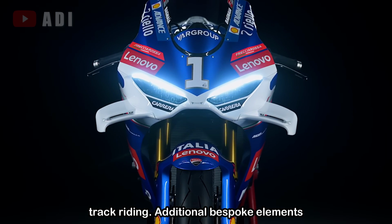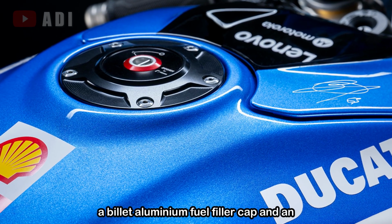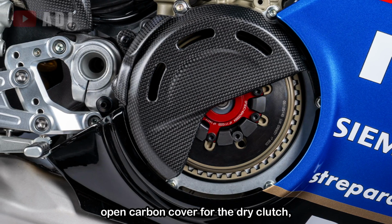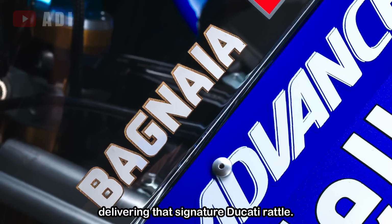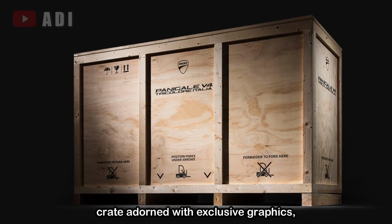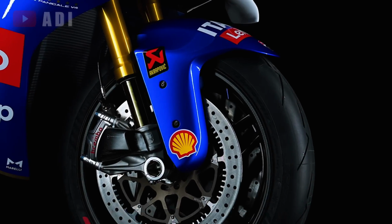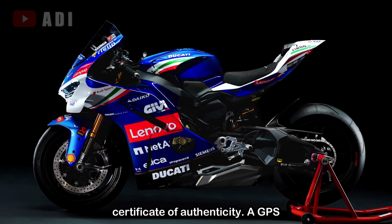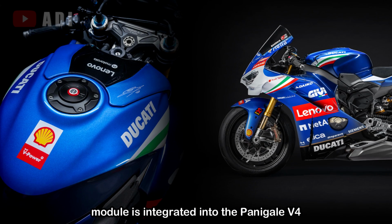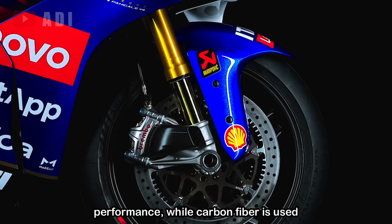Additional bespoke elements include a Dainese one-piece leather suit, a billet aluminium fuel filler cap, and an open carbon cover for the dry clutch, delivering that signature Ducati rattle. Each bike is delivered in a custom wooden crate adorned with exclusive graphics, along with a motorcycle cover and a certificate of authenticity. A GPS module is integrated into the Panigale V4 Tricolore Italia to measure on-track performance, while carbon